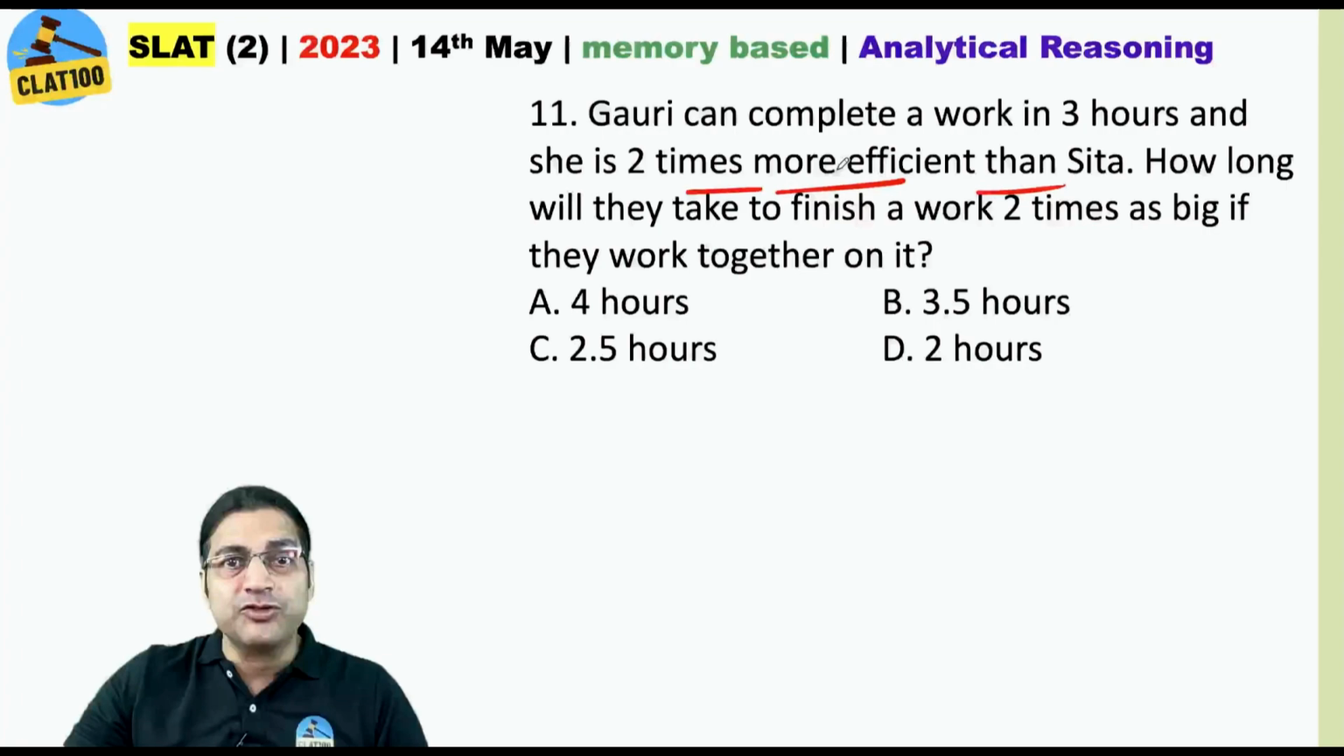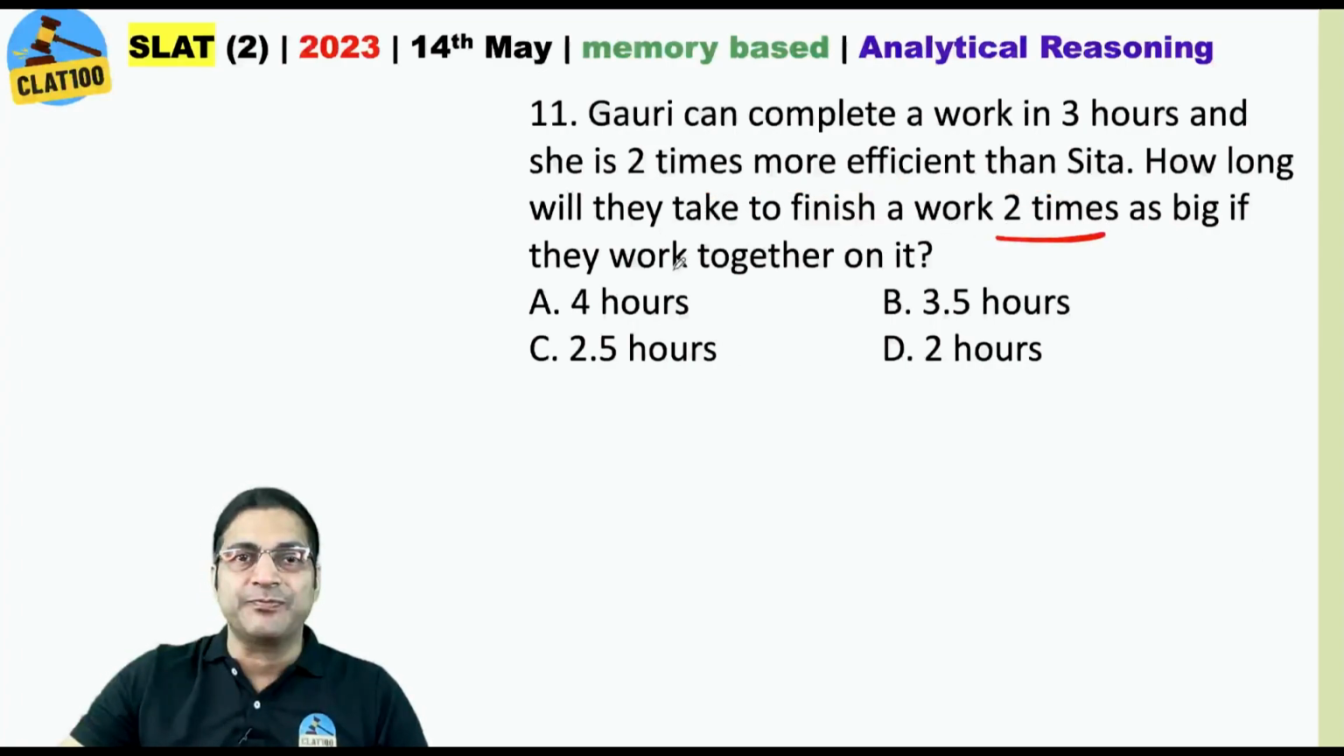But we didn't have any choice for 2 times more efficient than Sita. And hence I solved it for 2 times as efficient as Sita. Okay, but here we can say that all the choices are incorrect. Alright, believe you me. How long will they take to finish a walk 2 times as big if they walk